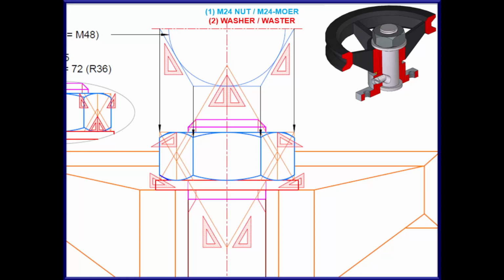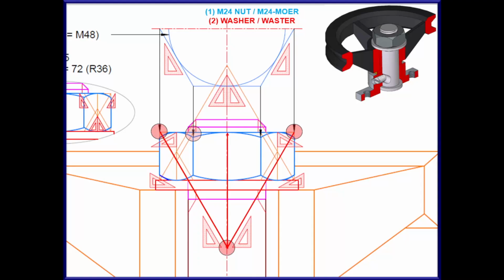Refer to the page at the front page of this chapter to familiarize yourself with the chamfers for bolt and nut construction. When 3 faces are shown, we will chamfer the nut on the far left as well as the far right on 30 degrees. So to start our construction, from the left corner of the construction rectangle, we will draw with our 60-degree set square a construction line to the center line as well as from the right corner. That will give us the center for the bigger arc.